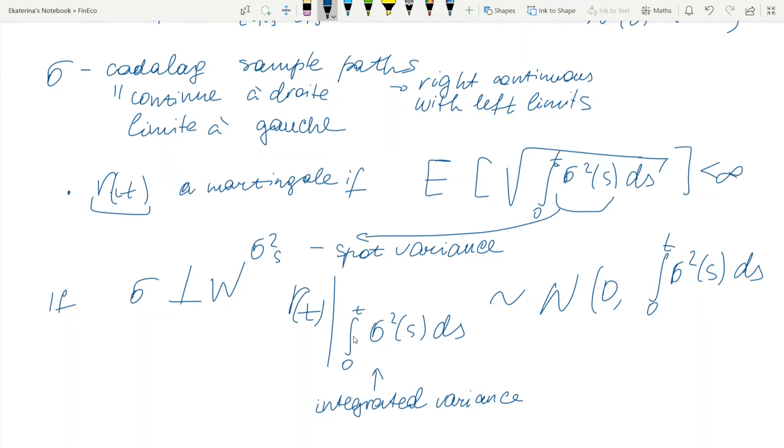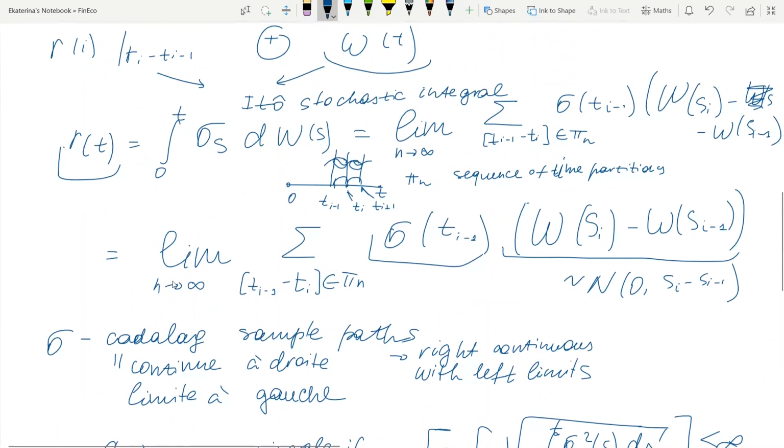Whenever you see a stochastic integral, if you're not familiar with stochastic calculus, do not be afraid. This is nothing else, it's just the limit of the following sum, where you look at a lot of different time partitions. So this is your Gaussian increment of the Wiener process, and this is some sigma which evolves over time. So basically you're trying to understand how this guy has evolved over time from 0 to t. And for that you integrate those from 0 to t, or you just look at the limit of the following sums.